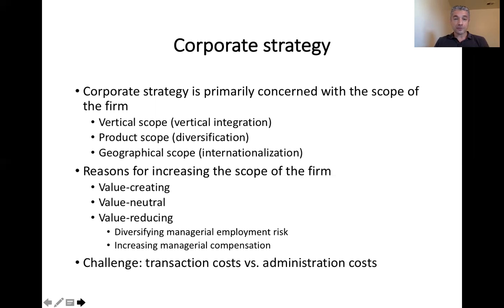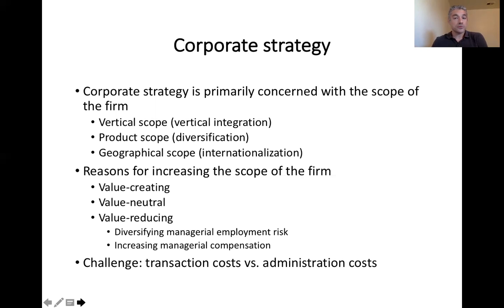Sometimes you are encouraged to go into other industries because your shareholders tell you to, not because they believe that there is some unique value that you would be able to reap if you go into a different industry or a different market, but simply because your rivals do that, and this is a sort of organizational mimicry. You have to imitate what your competitors are doing, because not all of them can be wrong, right?